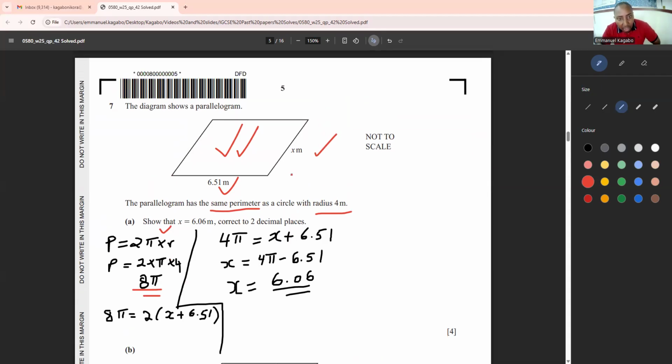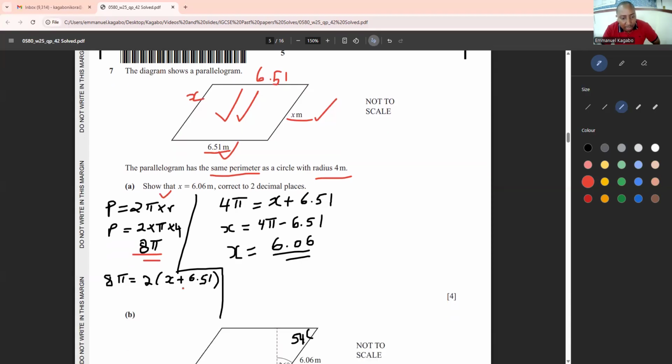So the perimeter of the parallelogram will be just this plus that plus 6.151, sorry, and then plus x. So for perimeter, you move around the shape, adding. That's why I simplified it by using algebra. I said 8 pi is equal to 2 bracket x plus